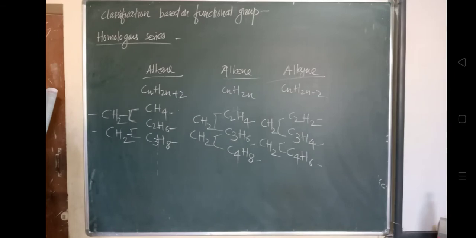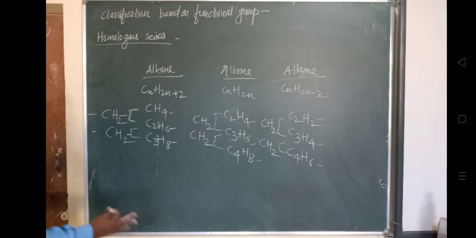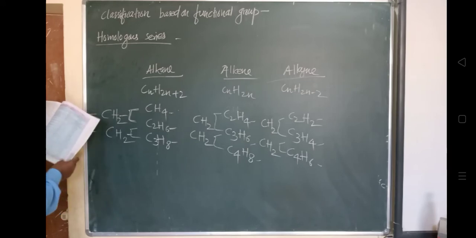So an individual member of a homologous series is called a homolog, and the members of a particular homologous series possess similar chemical properties. They vary gradually in their physical properties. जैसे physical properties means melting point, boiling point, density, stability, solubility. So table number 14.4, where they have mentioned a homologous series of straight chain aldehyde. I will show you this on a video.